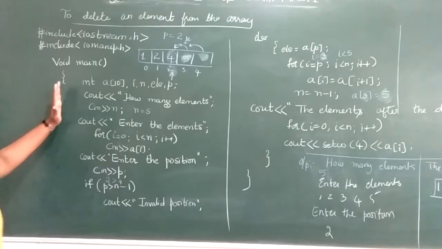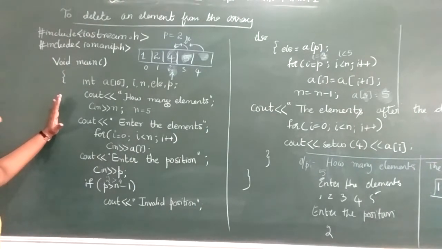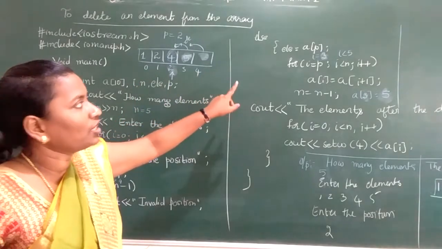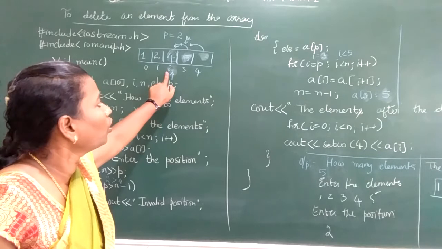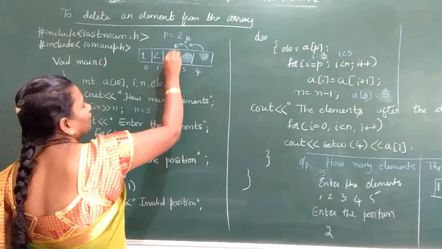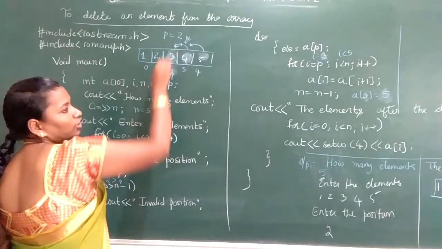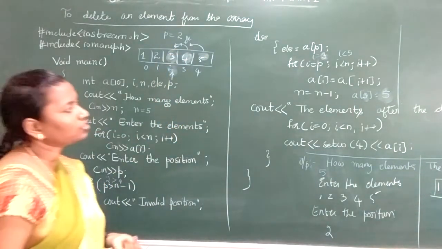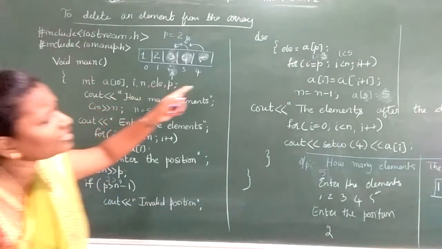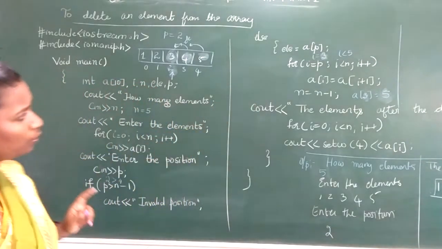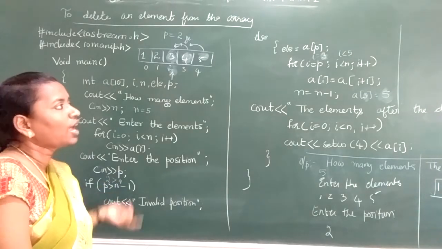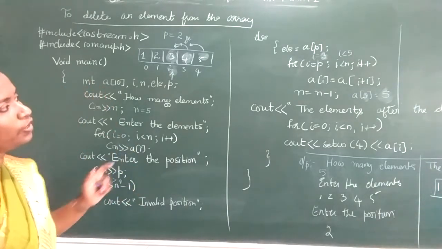So what have we done? We have read the elements, we have taken the number of elements, and we have taken the position. Now if I tell the position 2, at 2 what I had initially was 3. Initially it was 3, 4, 5. When I trace the program, I start from I value 2. I is equal to P, I is less than or equal to n. Here I value gets incremented. In case of insertion, I value gets decremented. In deletion, I value gets incremented.